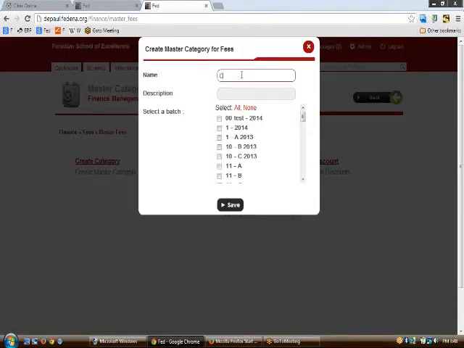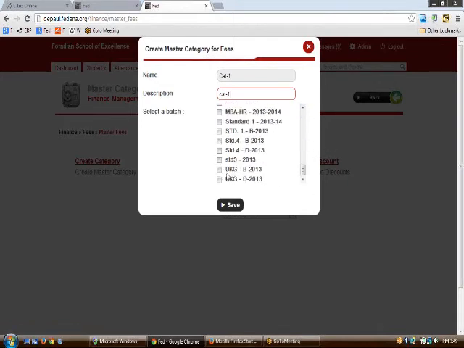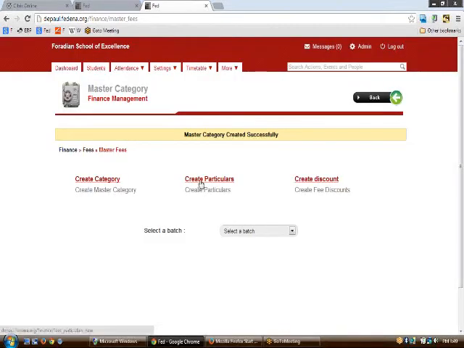Type the name of the category, let us say category 1. The description is to be put like category 1 again. Please mention the batch for which you are going to create the category, and then save. After creating the category, the next job is to create particulars in it.